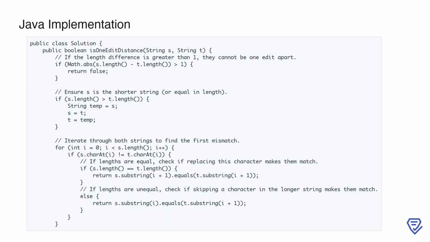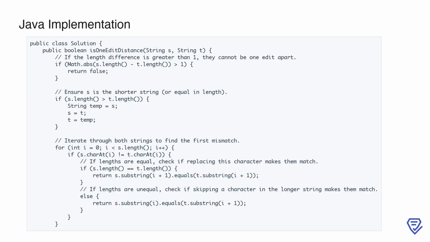If s is longer, we swap the two strings. Then, we iterate through the characters of s to find the first mismatch. Once a mismatch is found, we handle two scenarios. If the strings are of equal length, we check if replacing the mismatched character in s with the corresponding character in t makes the remaining substrings identical. If the strings are of different lengths, we check if skipping the mismatched character in the longer string, t, makes